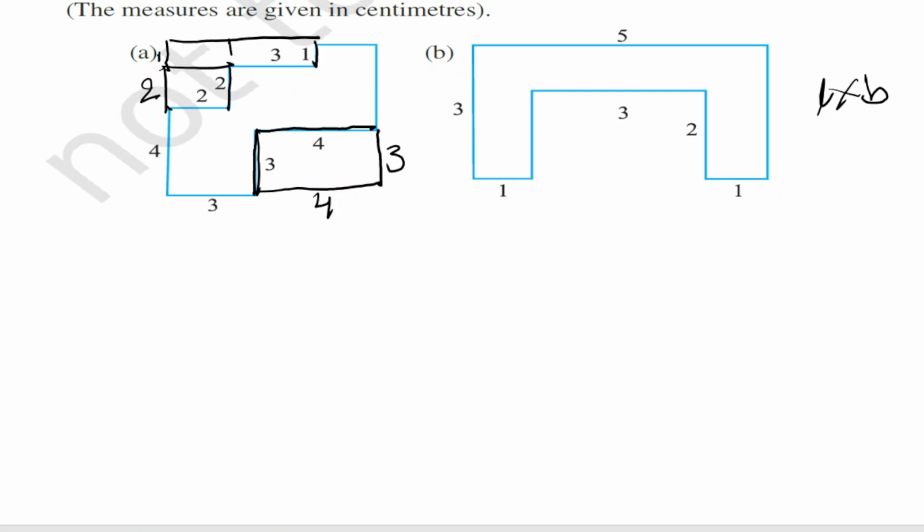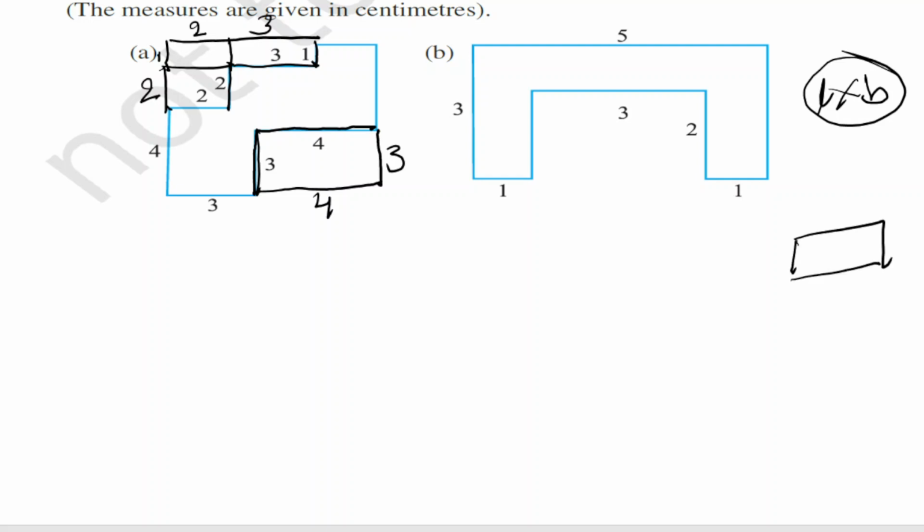And coming to here, from here to here it is 2 centimeters, and here it is 3 centimeters. Children, you know that we need to convert this into rectangles, and in a rectangle opposite sides are